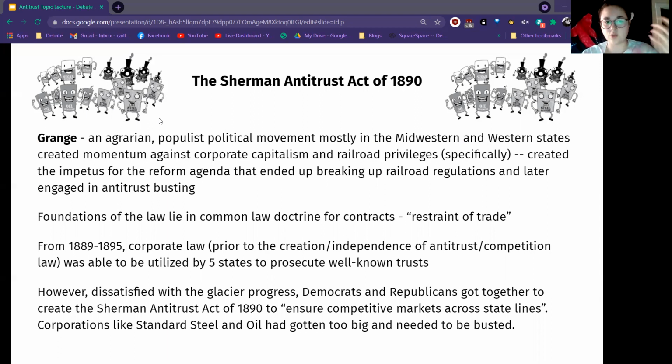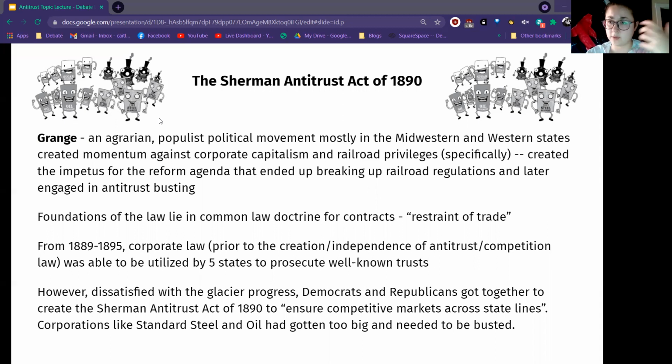The first is the Grange movement, which was an agrarian, which means rural, usually focused on farmland or different types of productive capacities, populist political movement that was mostly centered in the Midwest and the West, that created momentum against corporate capitalism and railroad privileges, because mostly they were upset that railroad companies and the different trusts and monopolies that existed at the time were able to price fix to such a degree that it made